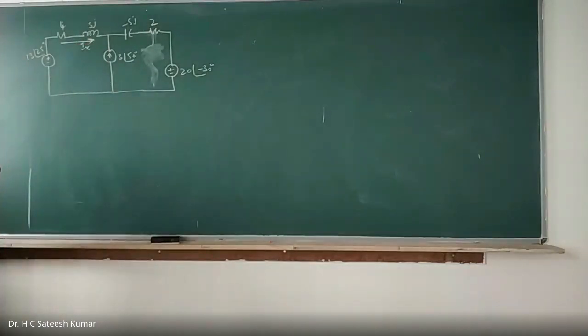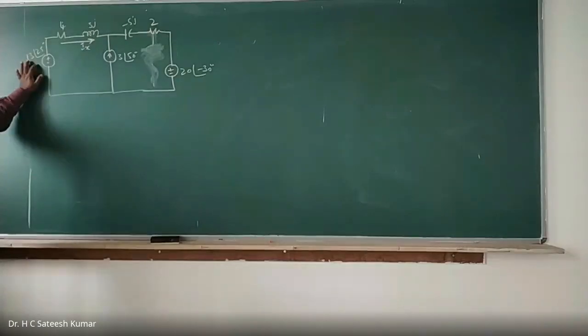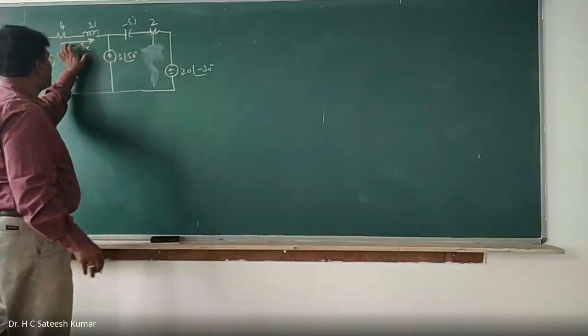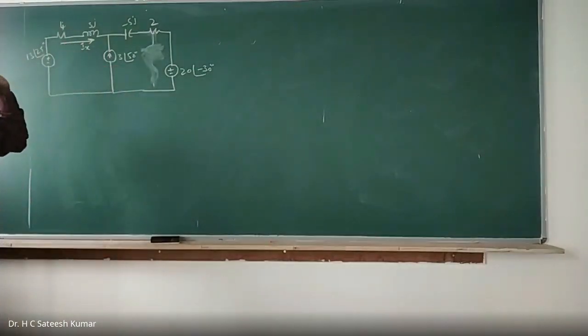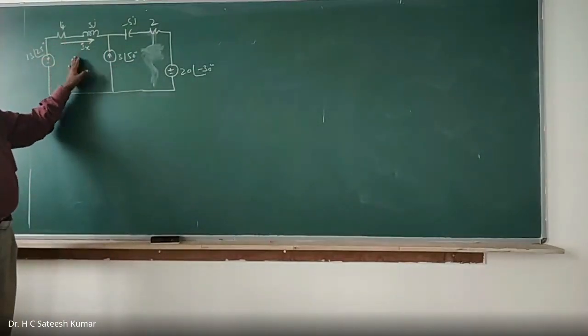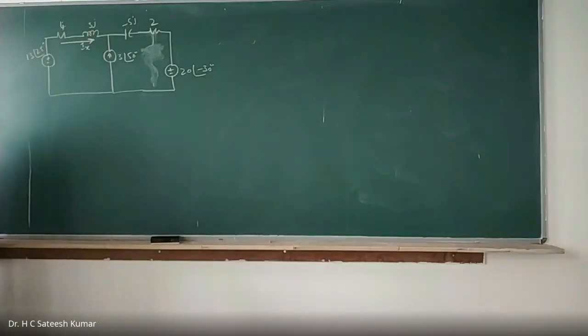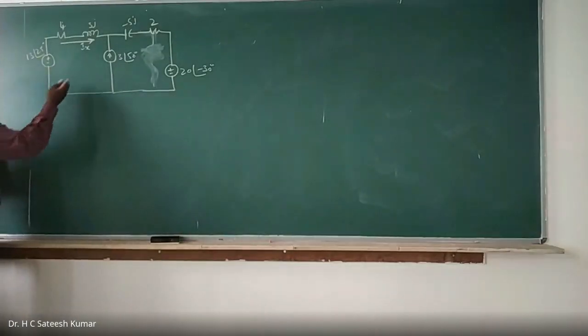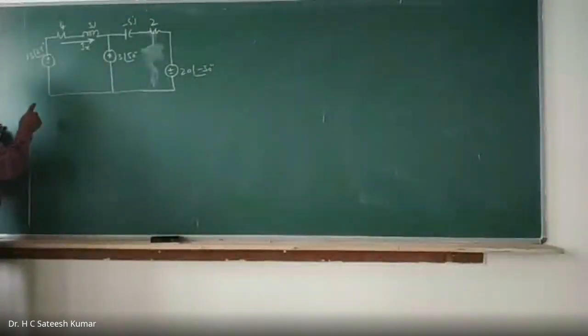Okay. Now we have three sources. Here one voltage source, one current source, one voltage source is there. So the response at Ix due to these we should find out. That means Ix is equal to Ix dash plus Ix double dash plus Ix triple dash. Right? Case 1, it's very easy. Actually, only one loop will be there. Okay, right? Case 1, 13 at an angle of 25 degrees active.